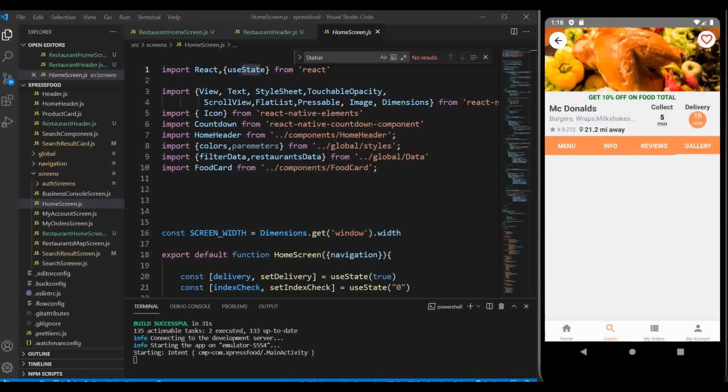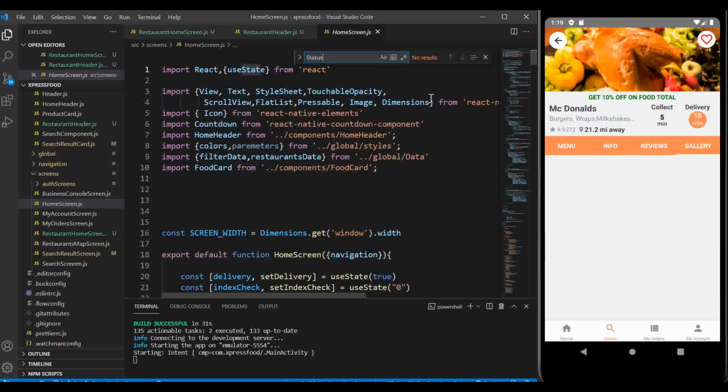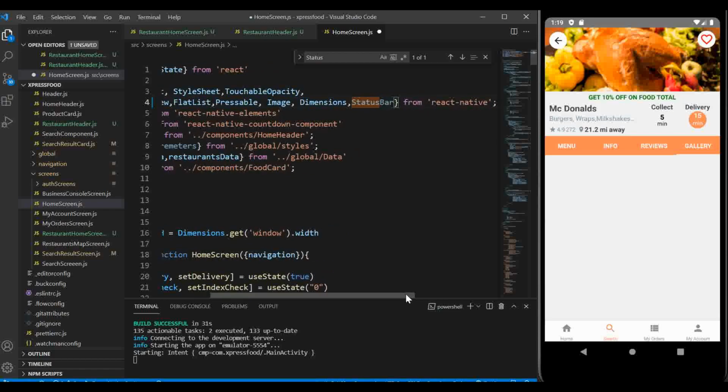We're going to render a status bar. Instead of typing all that, I'm going to copy some code and simply paste it. Okay, inside our home screen, let me import a status bar here from React Native. You can import that from React Native. I've imported this,